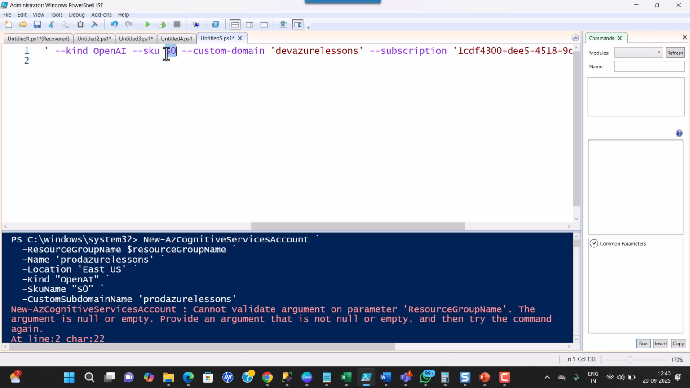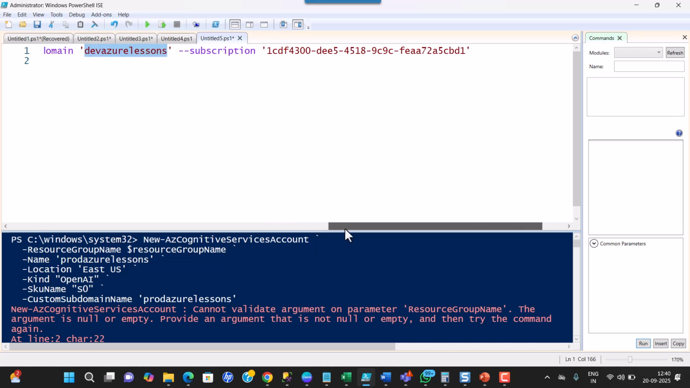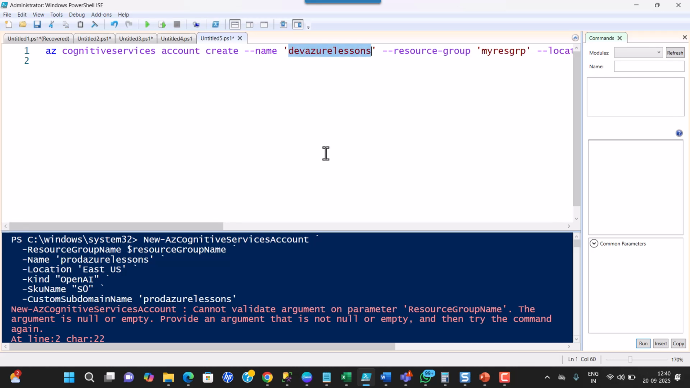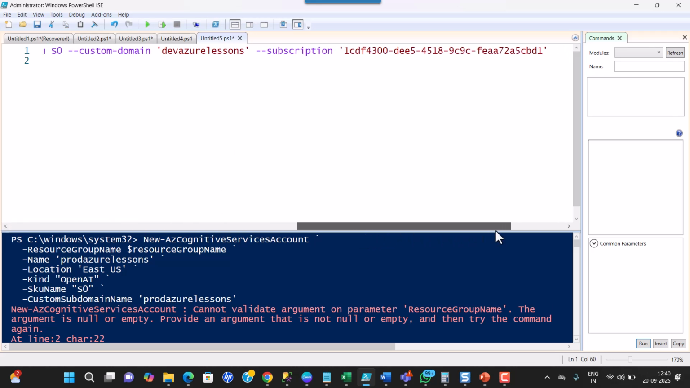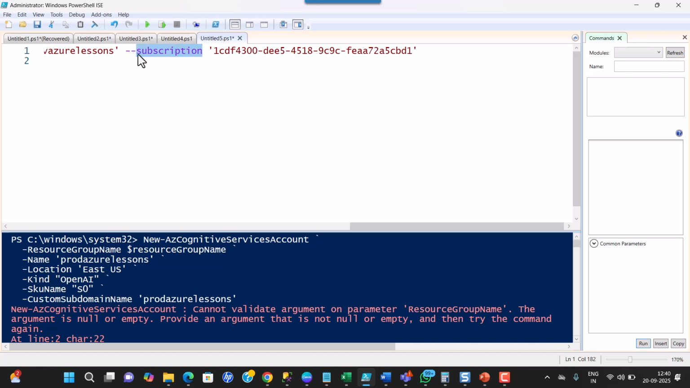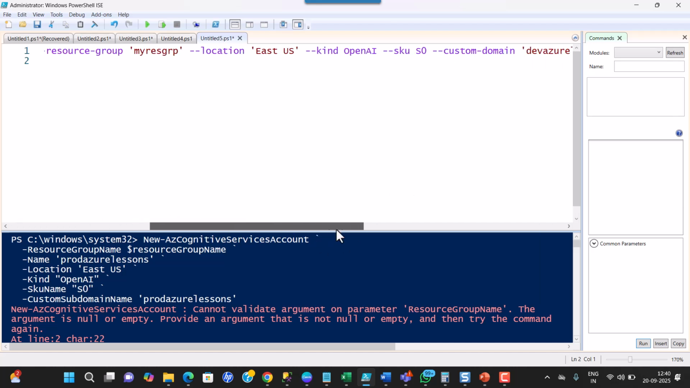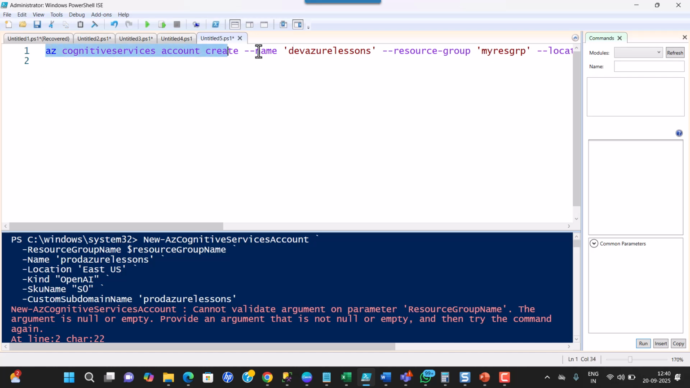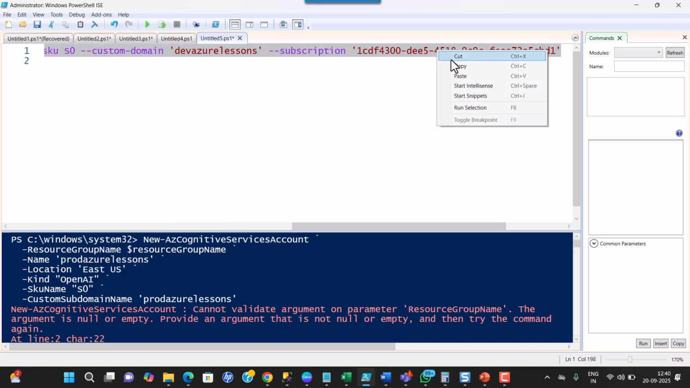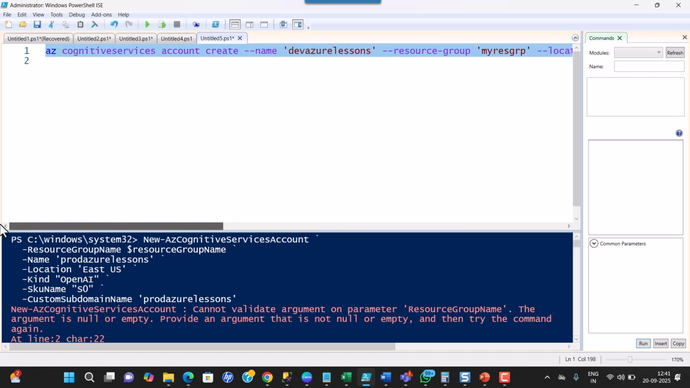Then the pricing tier, that is S0, which is nothing but the standard version, right? That we selected if you remember. Then custom domain is nothing but the same name, you can provide the OpenAI name we have provided, right? The same one, right? And then followed by the subscription parameter, that is nothing but the subscription ID, right? So this is the complete command, guys, for the complete Azure CLI script, you can say. And what we'll do, we will copy the complete one, and we will go to the